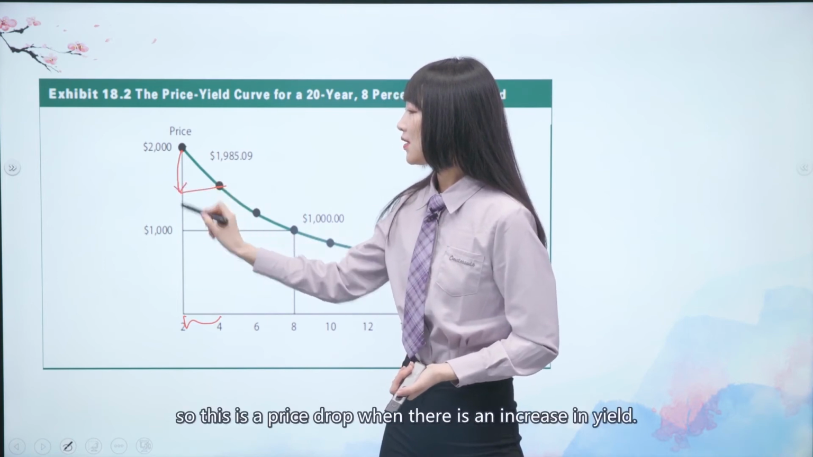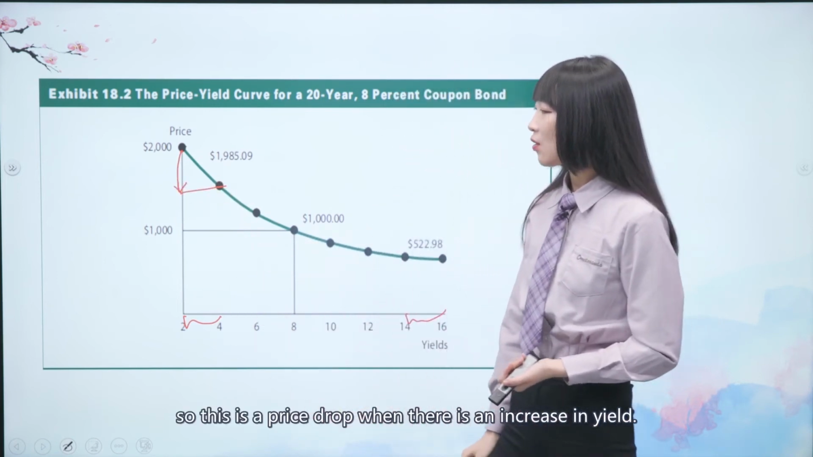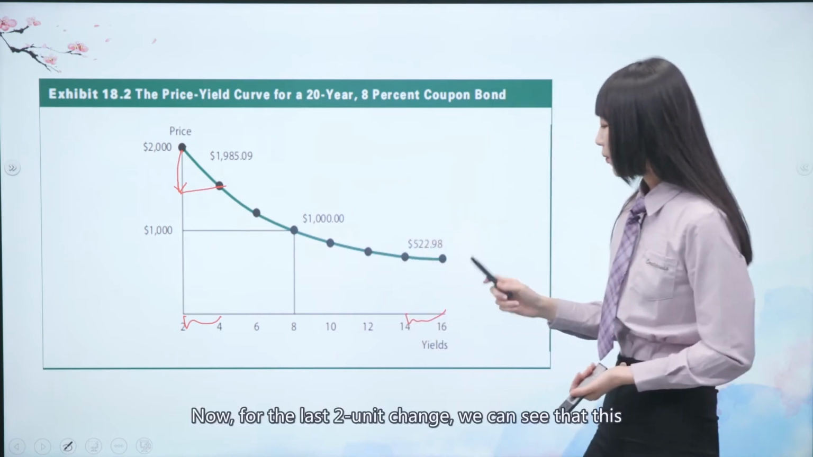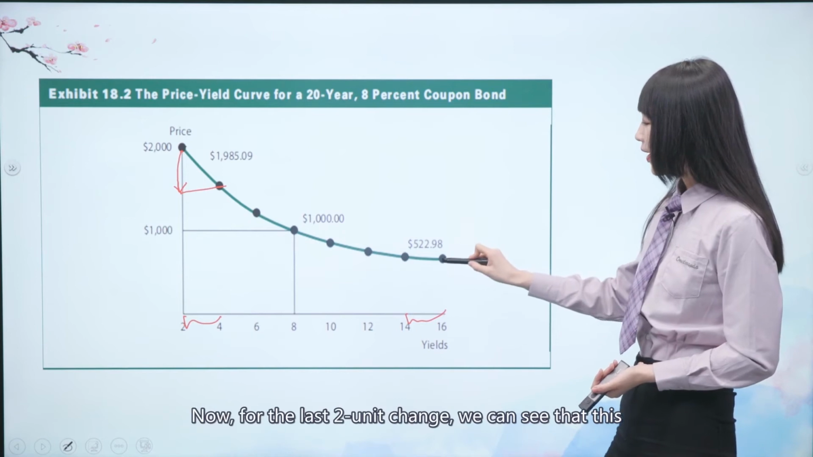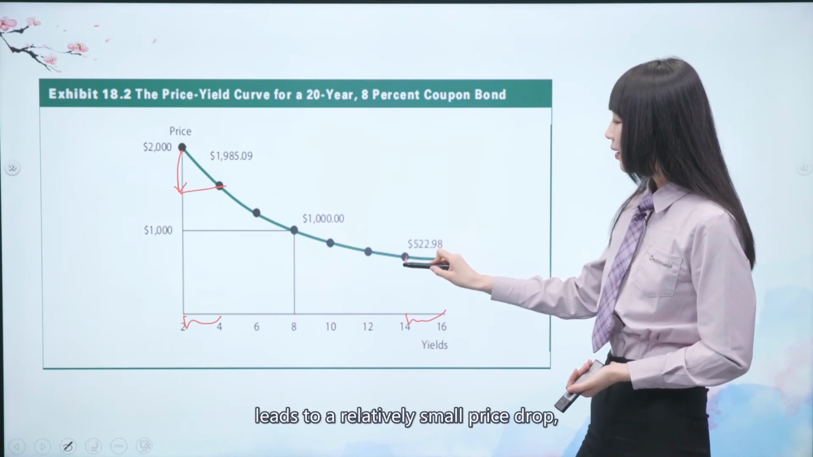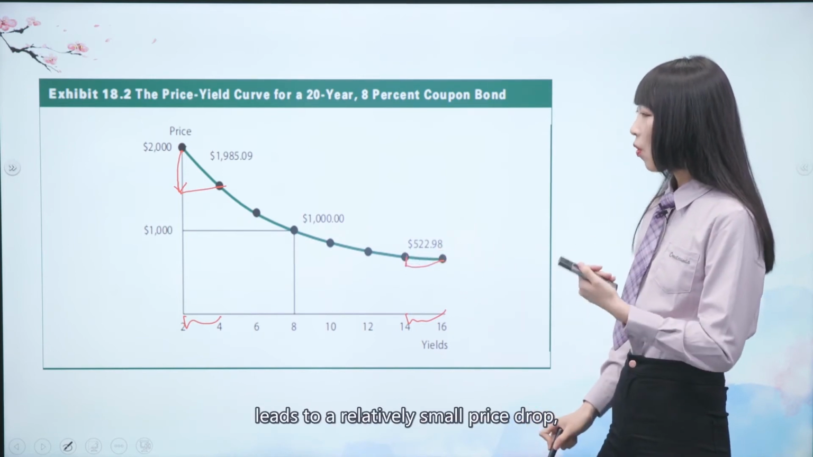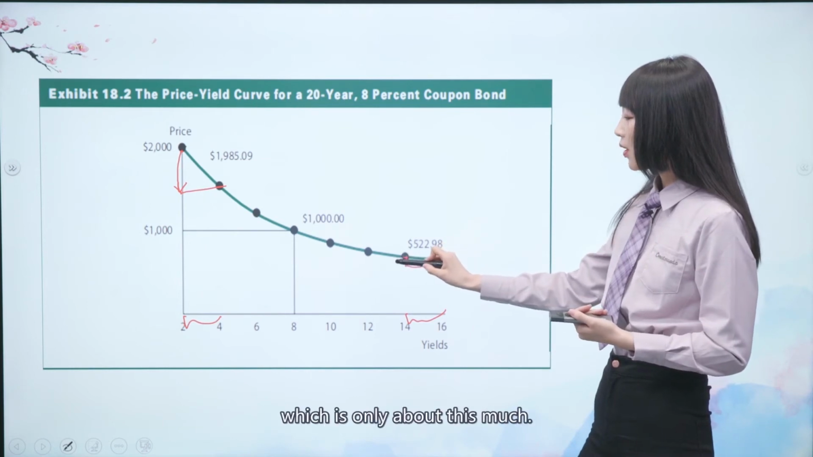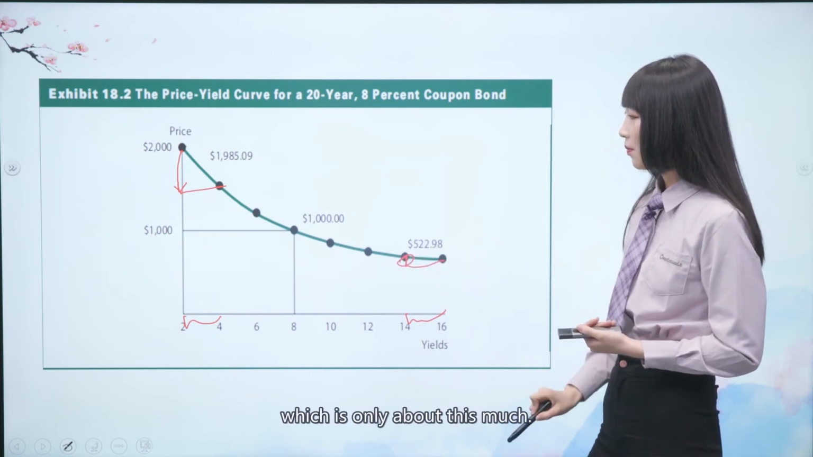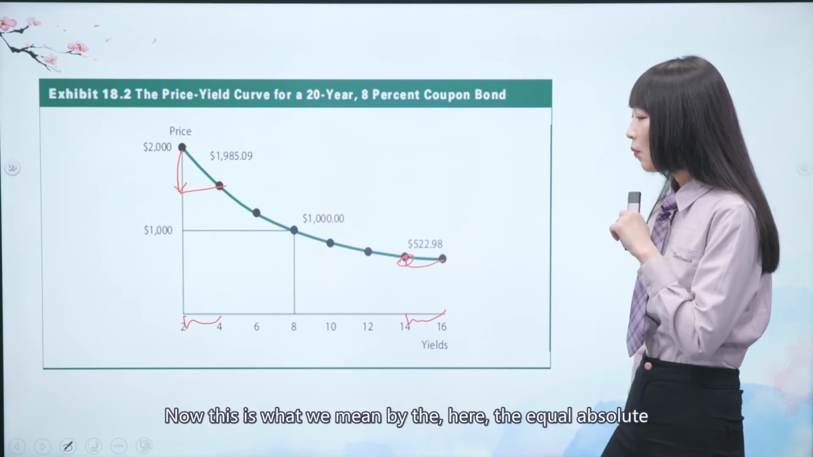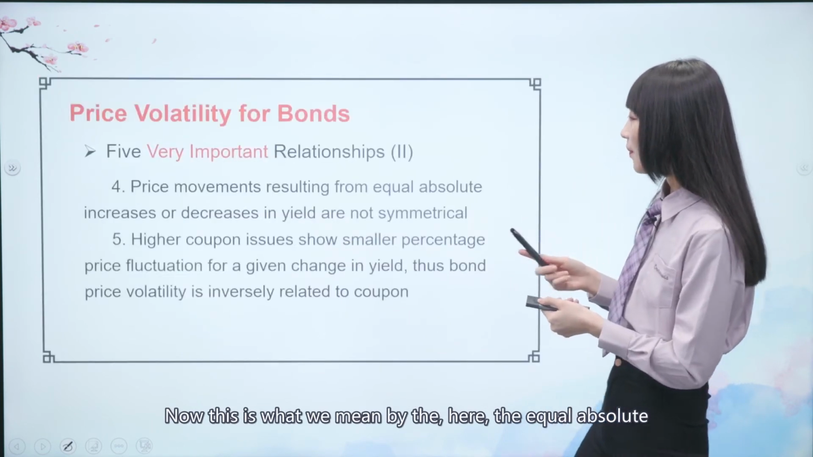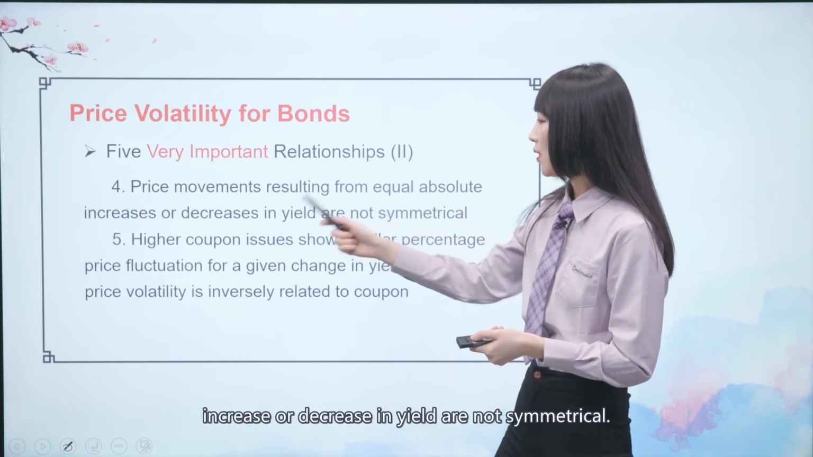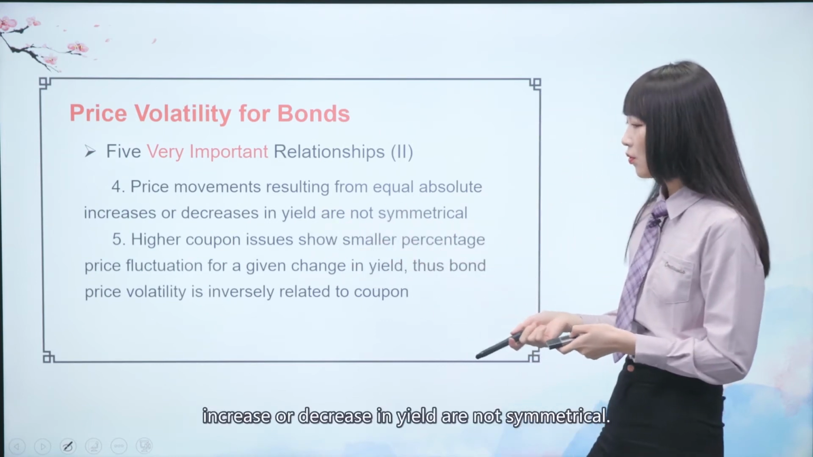So this is a price drop when there is an increase in yield. Now, for the last 2 unit change, we can see that this leads to a relatively small price drop, which is only about this much. Now, this is what we mean by the